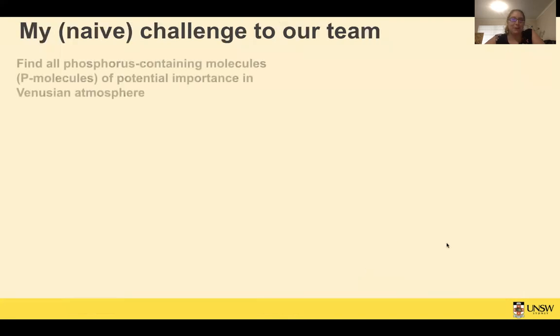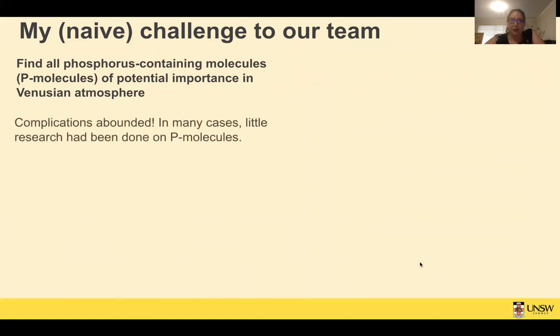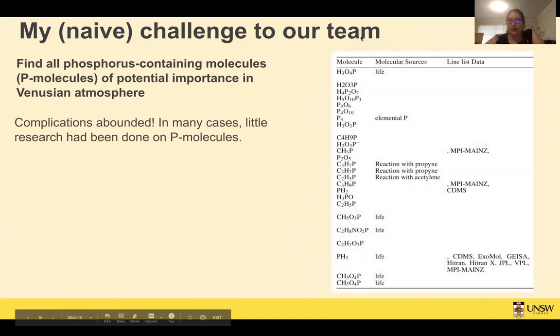So I'll just say here, my naive challenge to the team was, I want a list of every phosphorus-containing molecule that's of potential importance in Venus. And it turns out little research has been done on phosphorus molecules. So this is not our final list, but this is a list of the phosphorus-containing molecules that we found that were somewhat relevant. There were line lists, I think, for phosphine, full stop. And then I think PH2 had a line list as well. So really there was no data on this anywhere. And it turned out the reason for that,